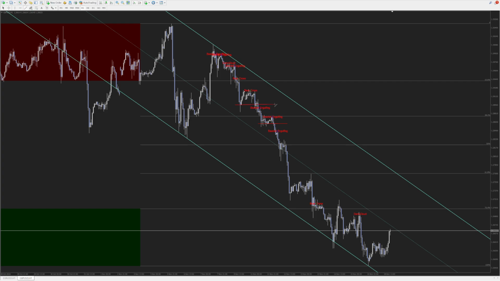Also here, there was a nice opportunity in between the fibs, but still for me would have been a good trade, because I can see that level of support is also going back to here. So I would have considered this as a nice breakout entry along with this one. Okay, you can see price reacting around the 50% fib level there as well. Initially it holds up as support, then becomes resistance, and you have a nice continuation of the trend to the